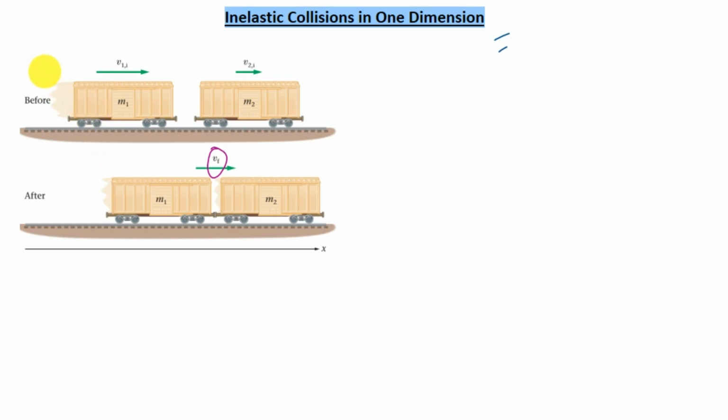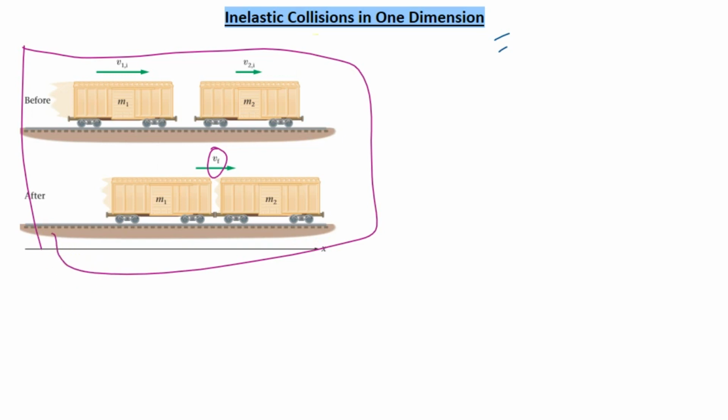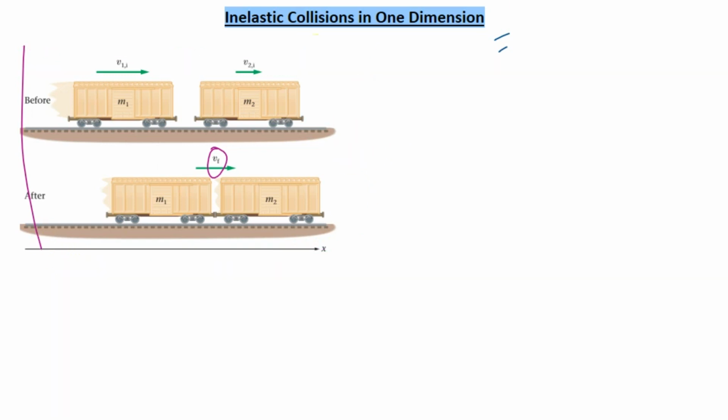If we consider this as our system, we can say that the momentum remains conserved because there is no external force acting on it. So we can write that the final momentum will be equal to the initial momentum. The initial momentum for these two train blocks is m1 v1 plus m2 v2, and this direction we have taken as positive x. Now the final momentum will be